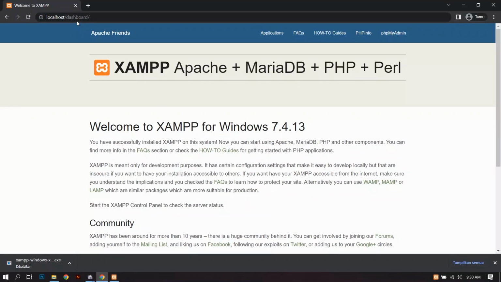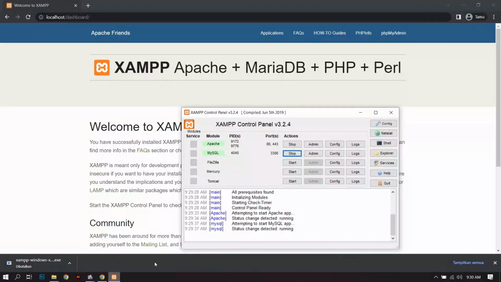You can access MySQL in phpMyAdmin from this dashboard. And you can open localhost from this XAMPP control. Just click Admin on the Apache module.